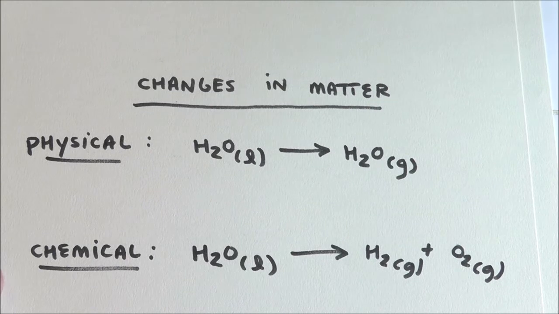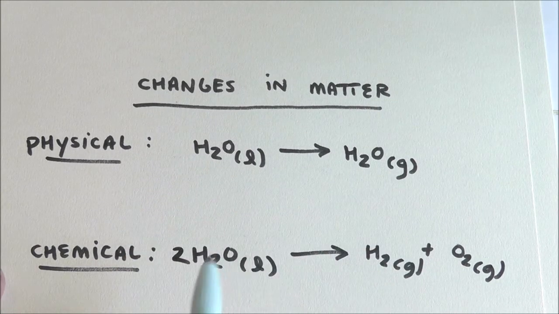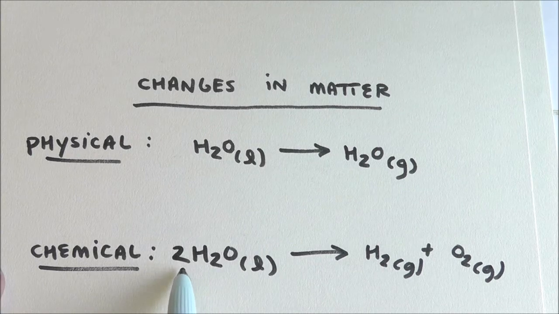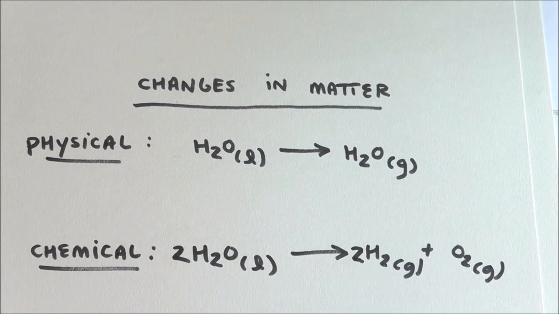Also, we have this rule where we have to have the same number of atoms on both sides. I have to put a 2 there. I'm just talking about this now, but we're going to talk about this in great detail. That 2 means 2 of what comes after it. And these are what we call balancing the equation. But what I really need from you now is just to notice that if the molecules are different on the left and the right, that's a chemical change.